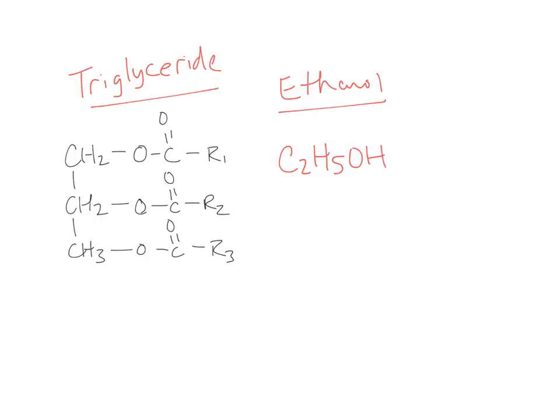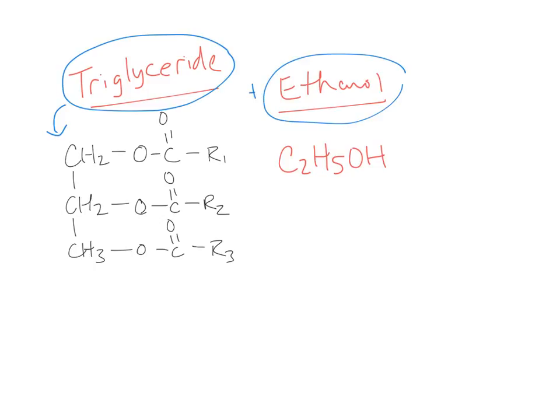Chapter 4 Video Tutorial. In this tutorial we're going to talk about how a triglyceride, which is this molecule right here, is going to combine with ethanol in transesterification in order to form glycerol and a mixture of ethyl esters. So how this works is when you have sufficient amounts, so let's say you're going to need 3 moles